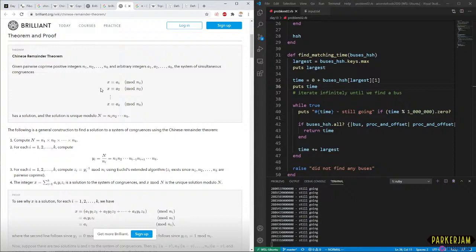I'll just go through this. Compute big N equals n1 times n2 and so on up to nk.